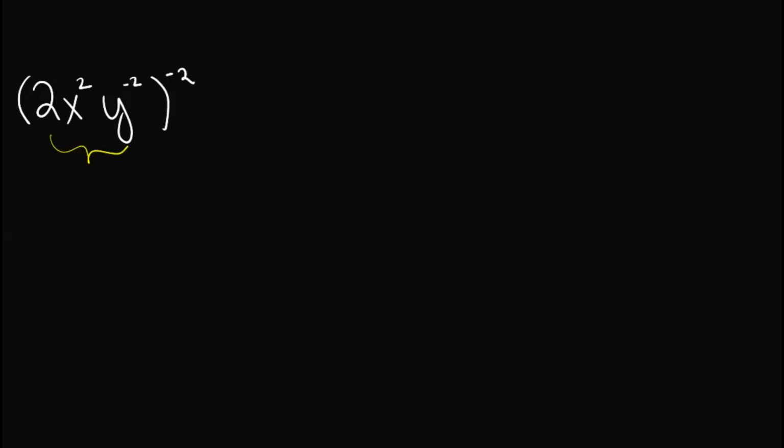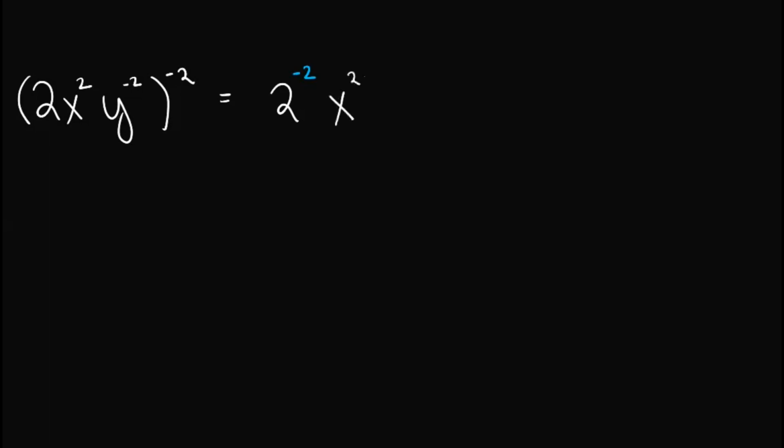But observe that we can't really multiply or divide anything inside this, since all of these numbers and variables have different bases. So we start with this exponent. So we apply this one. This one would become 2 raised to, let's use a different color for this, negative 2 times